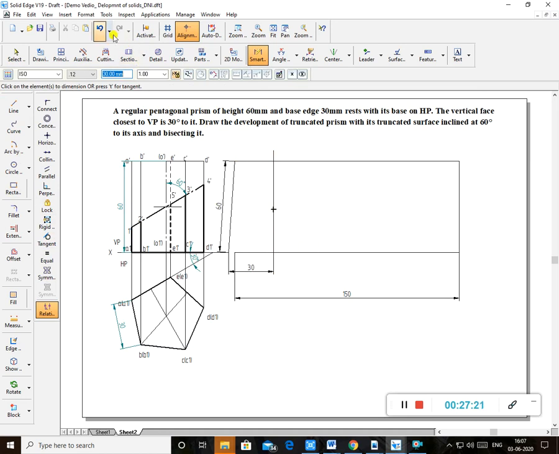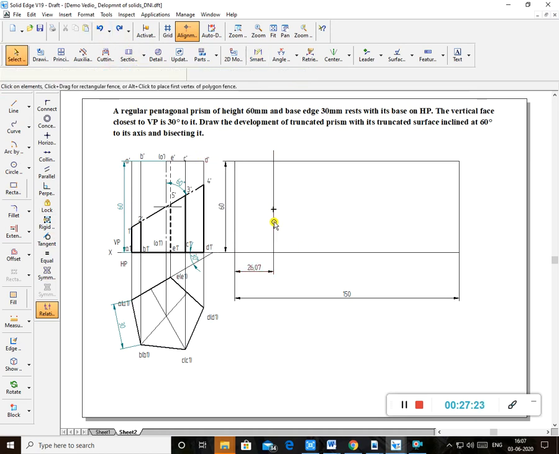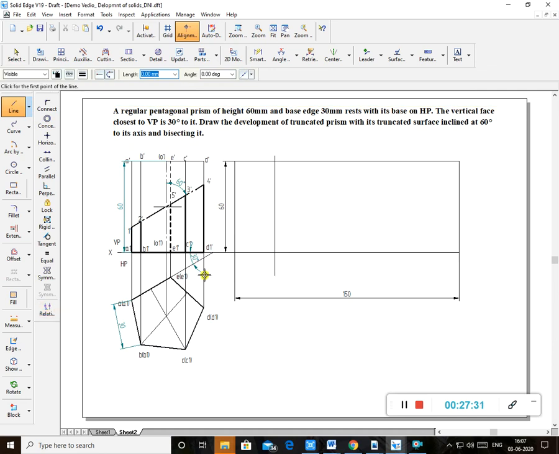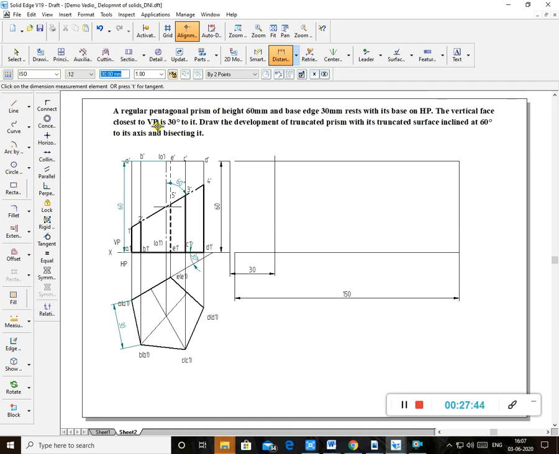So it will change, sorry. Here it is 30. So this dimension I will make it here. How much is it? 35.